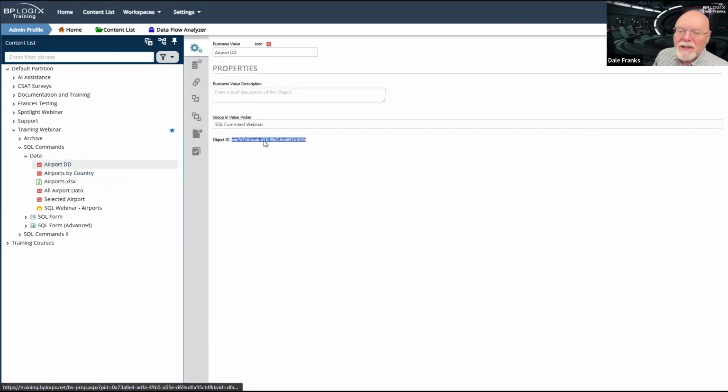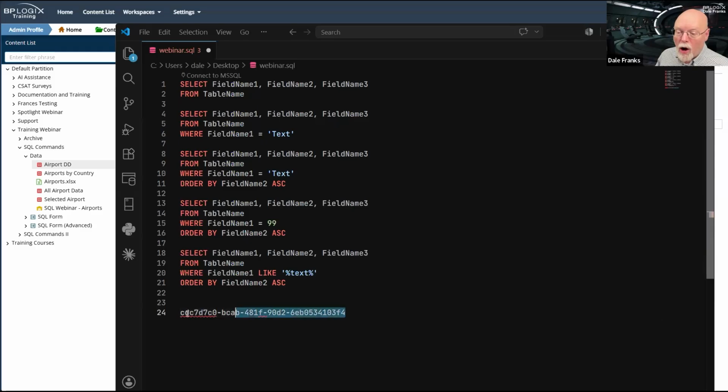And so its ID in Process Director, its primary key, is this long value here. Now, this long value is called a GUID, and all of the IDs in Process Director are set up using GUIDs. The reason why is we know we're going to have millions of records. We can't use an auto-numbered primary key in Process Director.